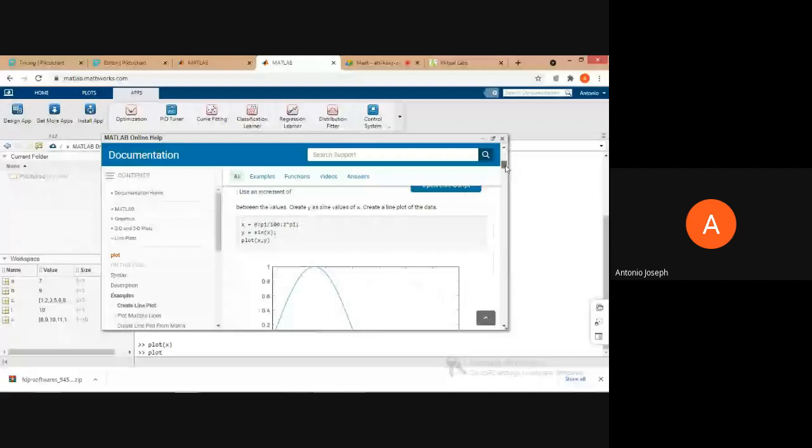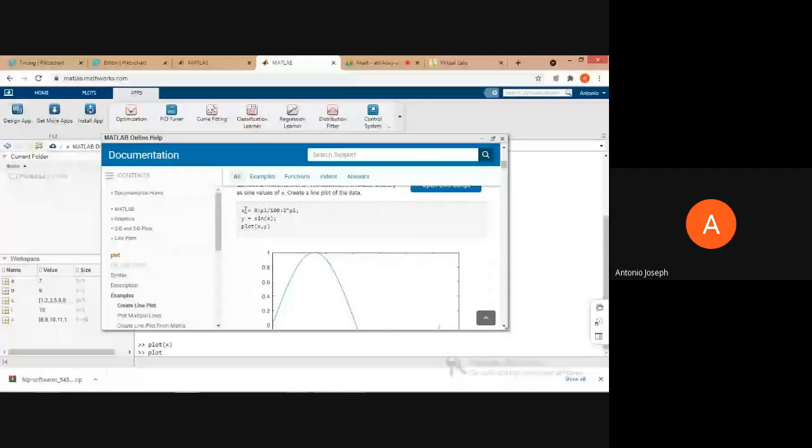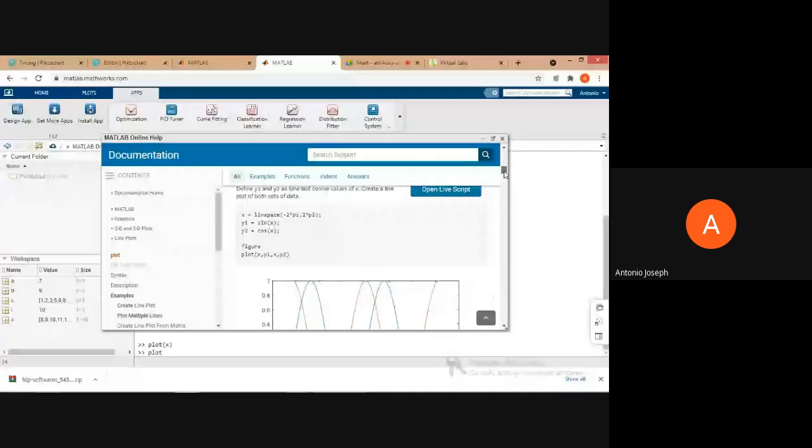See, one variable is being created, x is equal to 0 to 2 pi with pi by 100 as the increment. So that's the initial value, and then y is sin x. So for all these x values, we will get the value of sin, and that will be given to y, and then we can plot the x y values, so that we will get a sine curve. Okay. Then this is a case where two data sets are being given, and two graphs can be plotted in a single graph or in a single plot.